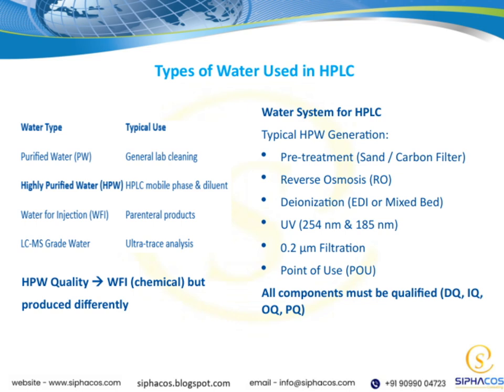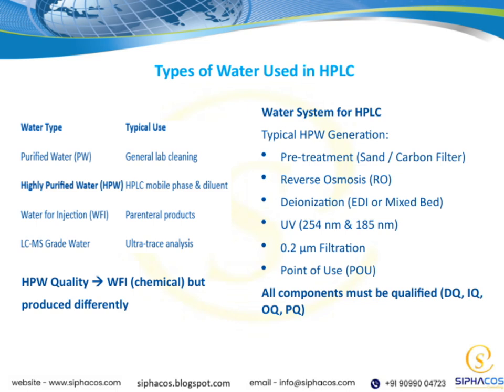Typically, water starts with pretreatment, where it passes through sand and carbon filters to remove particulates and organic contaminants. Next, we use reverse osmosis, or RO, which is highly effective at removing dissolved salts and impurities. Following that, deionization is performed, either through electrodeionization, known as EDI, or mixed bed resins, to further purify the water